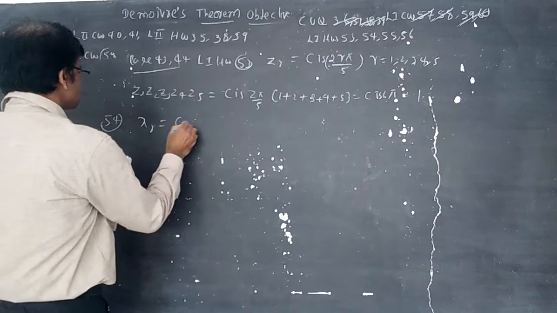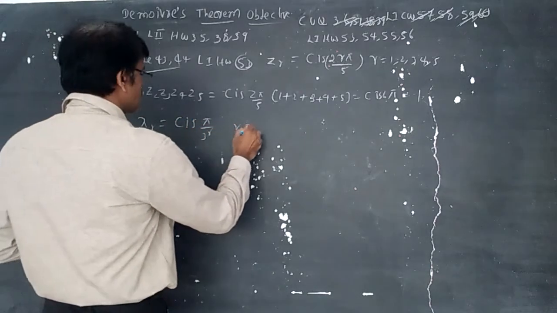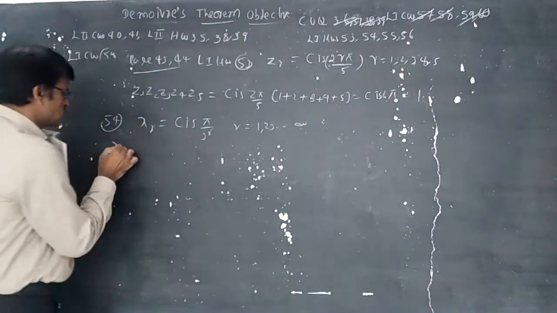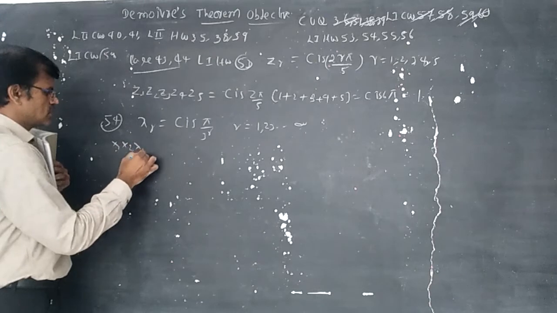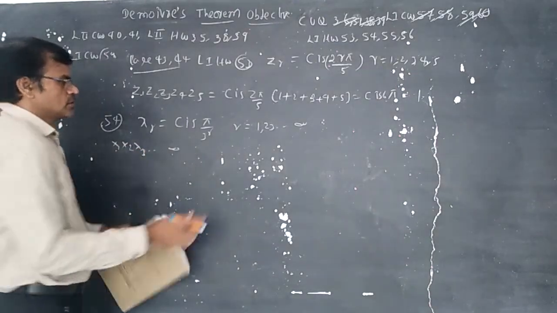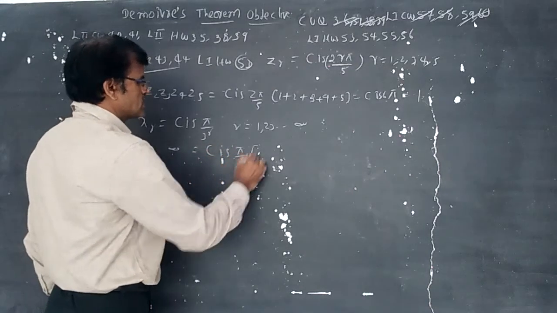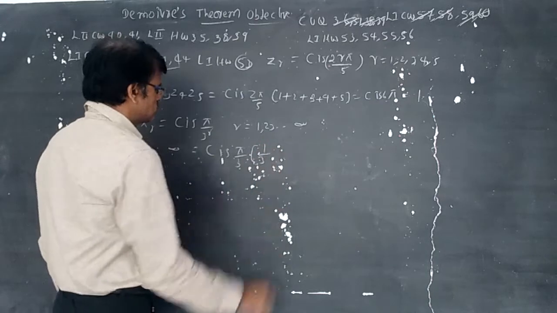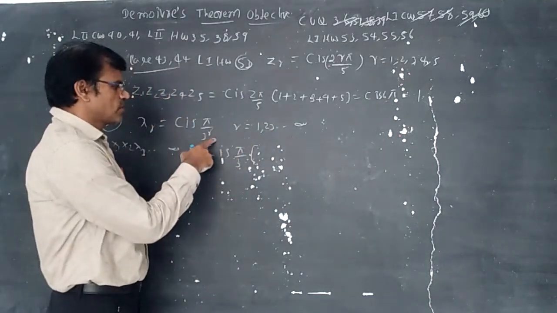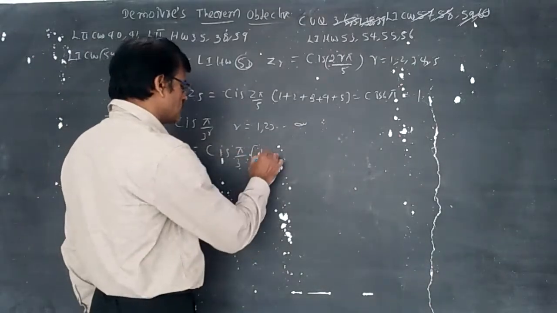X_r is equal to 6 pi by 3 power r, where r is equal to 1, 2, 3, and so on until infinity. So x1 into x2 into x3 into so on until infinity. Take 6 pi by 3 common. Substitute here 1 by 3. Now, pi by 3 taken common: pi by 3 power 1 plus pi by 3 power 2, pi by 3 power 3, pi by 3 power 4, like this.